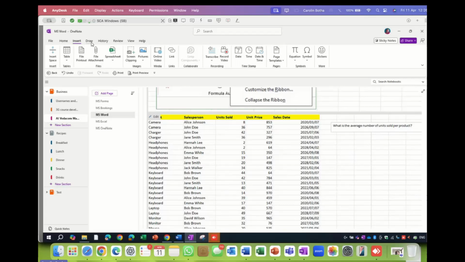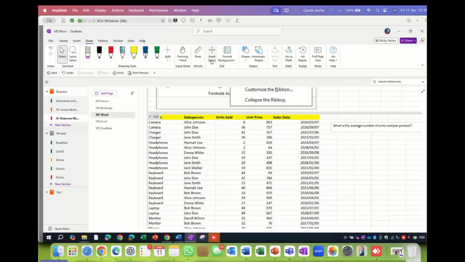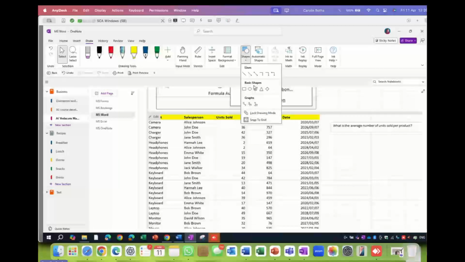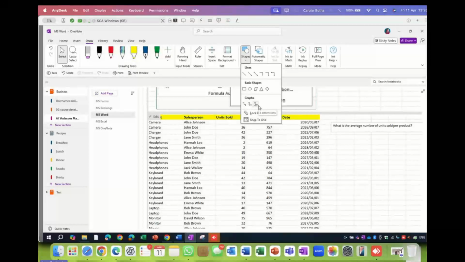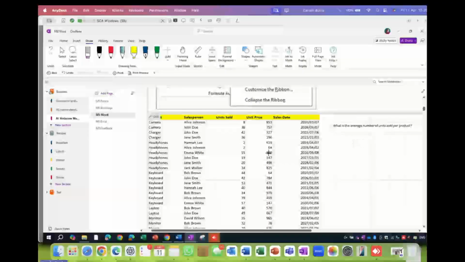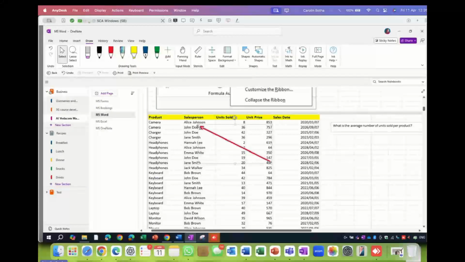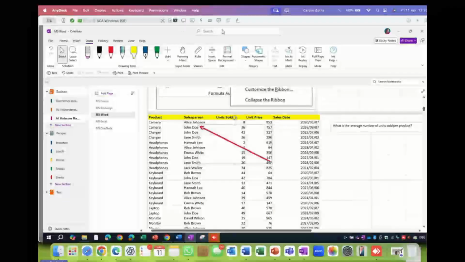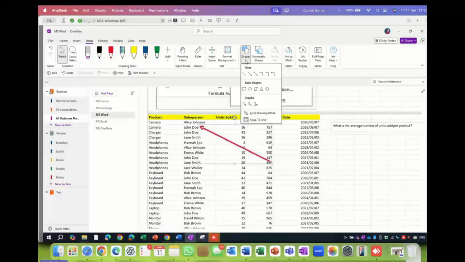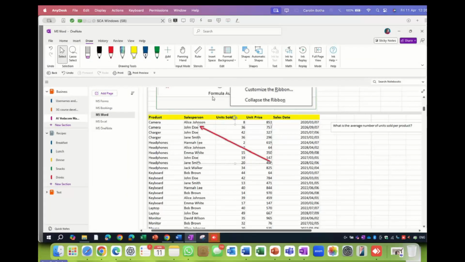And I would like to make myself a note or emphasize something here, or put in a shape. It's not a lot of shapes as you have in Word and especially in PowerPoint, but I want to add a shape saying I have to make sure that I use that as an example. And of course, you can change the colors and so on. So on the Draw tab, there's an option for inserting a couple of shapes, just to make a note on that. You can also insert a ruler and so on, but I'm not going to show you that today. There are different ones. As we said, this is just a demonstration.